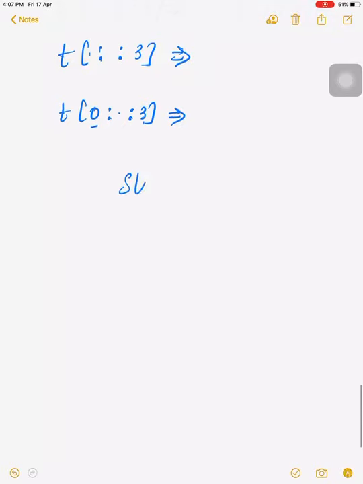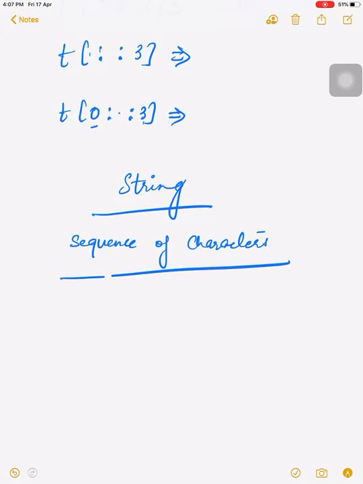First of all, what is a string? You remember, the string is one of the data types. A string is a sequence of characters. It's called a string. Okay.